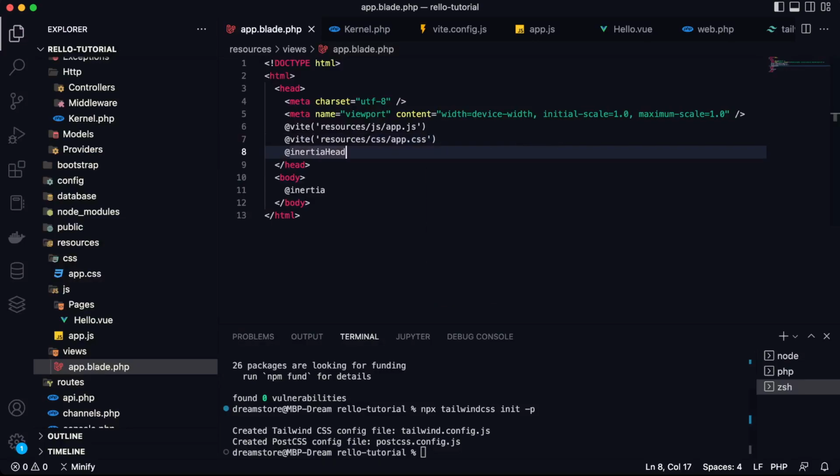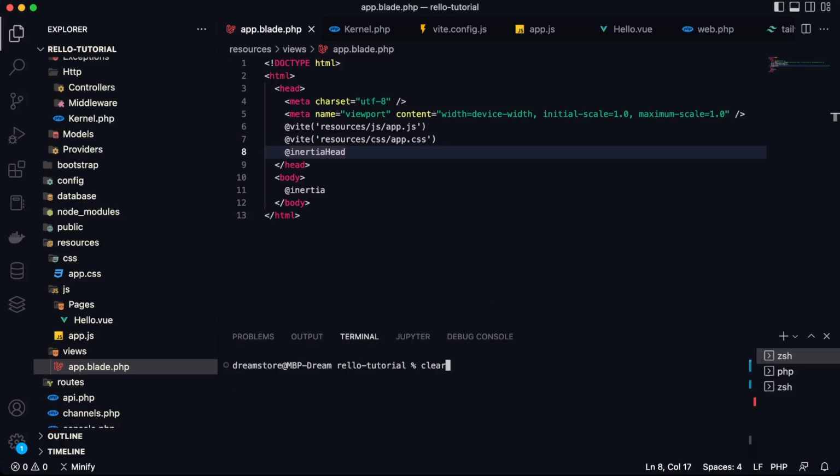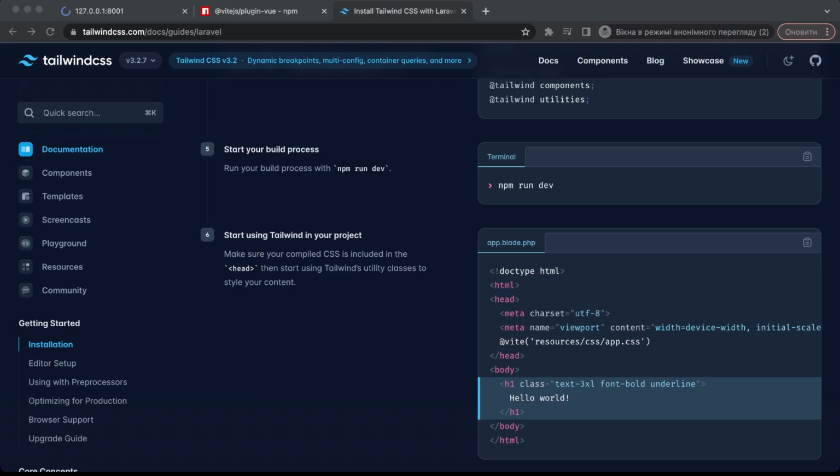Okay, and now let's restart our npm run dev. And now let's go to localhost, and as you can see, the font is changed, so that means that Tailwind CSS is successfully installed. So great, we successfully installed everything that we need for this tutorial, and now we can start development